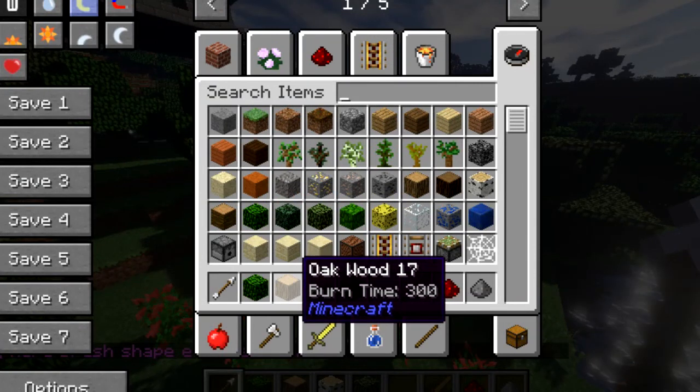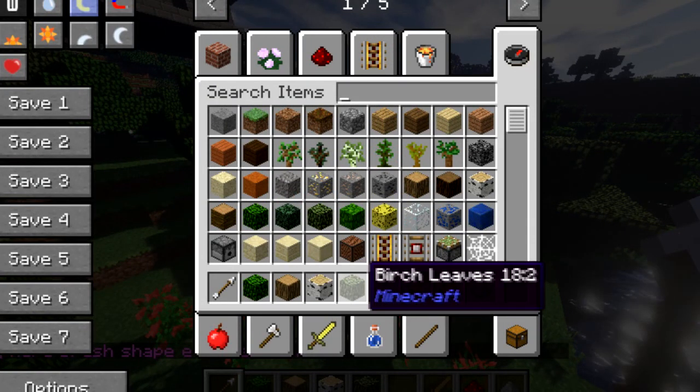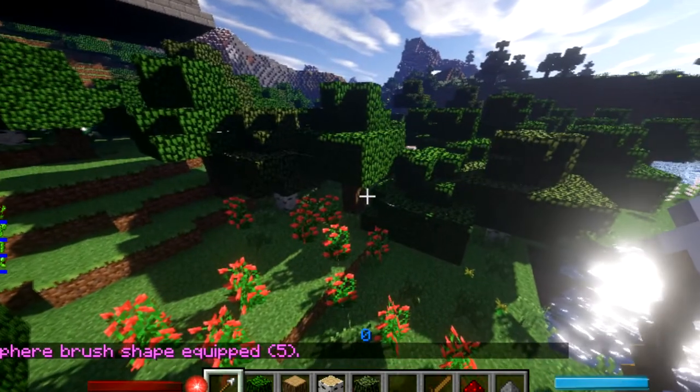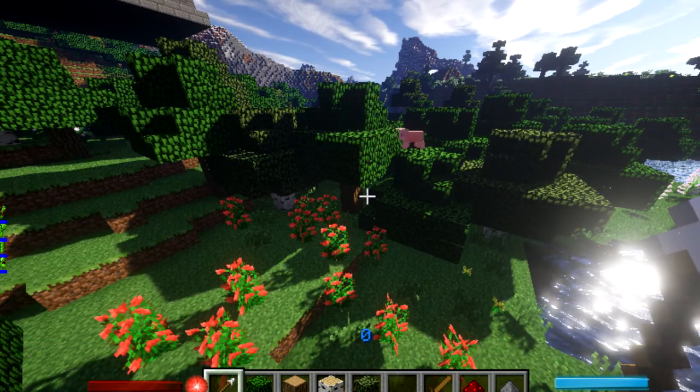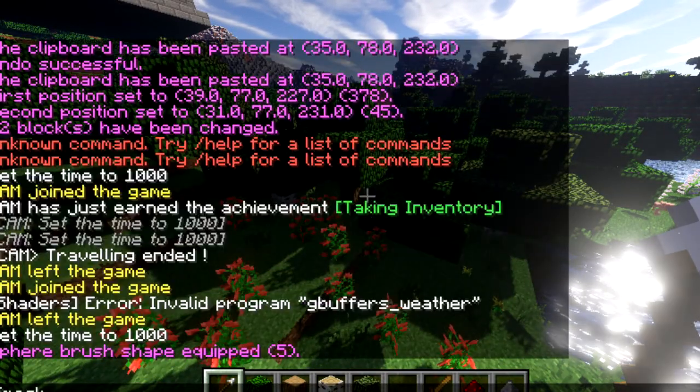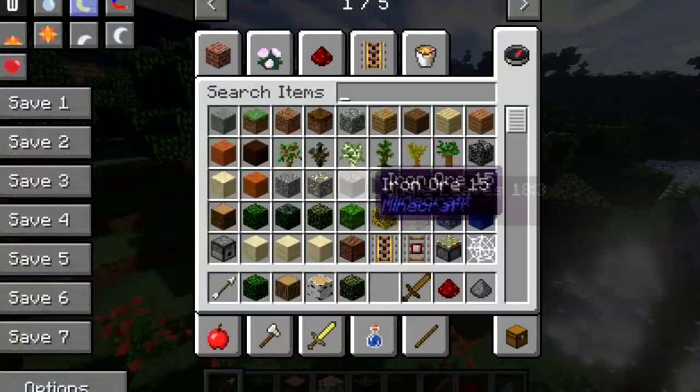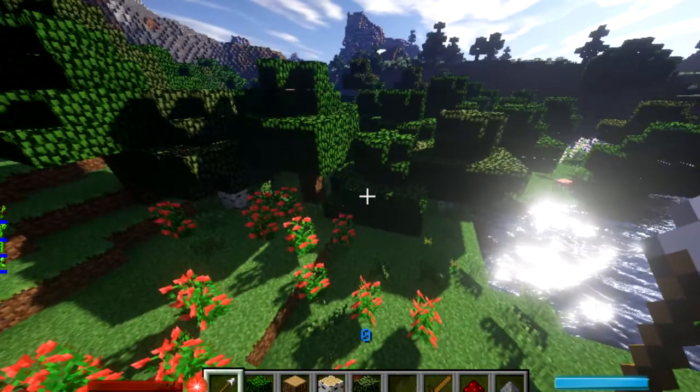Once we have the blocks, simply open up the creative menu and hover over the blocks you just obtained and take note of the block IDs, as that is very important. Now we have the information from them. Make sure you equip your arrow and type the following command: